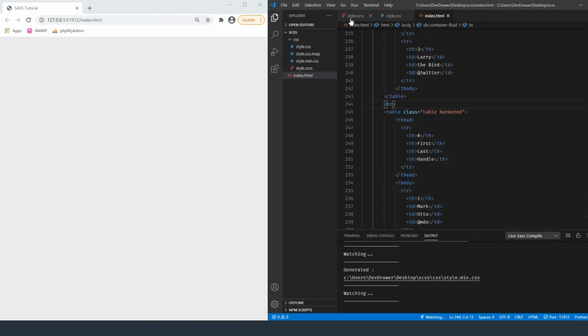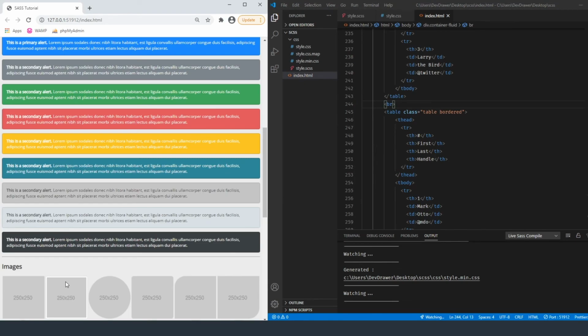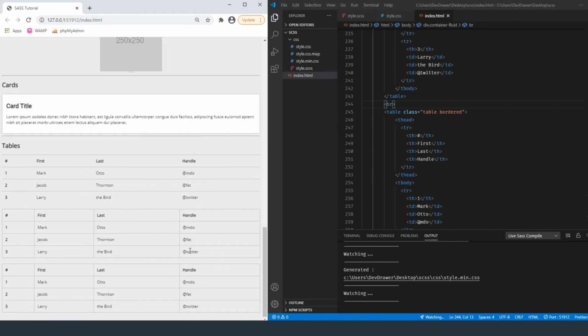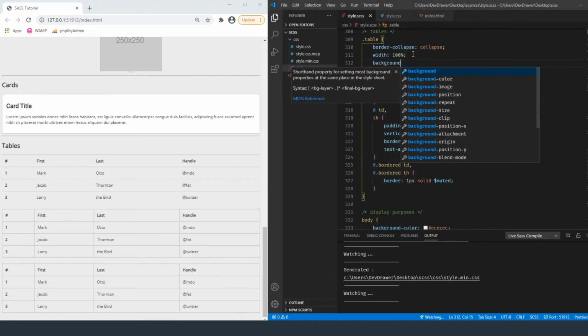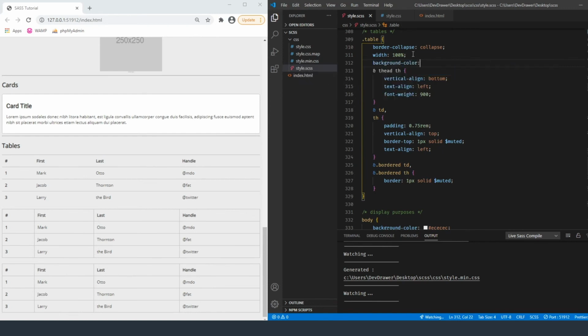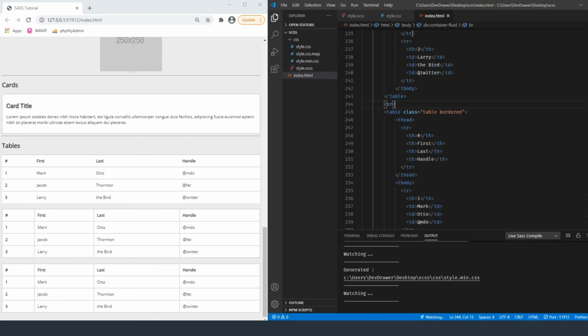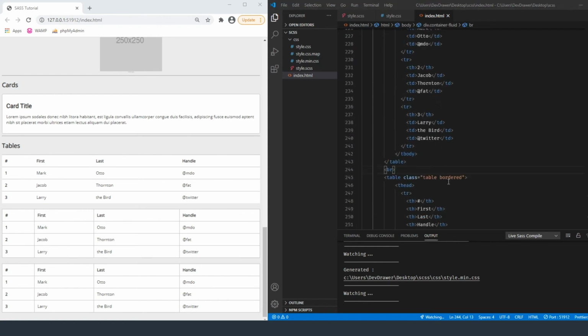We might actually want to, because right now we don't have a dark background, so it makes it where they blend in. So let's come over to our styles, and we're going to put a background color of white. There we go. All right, so that looks a little bit better. Okay. All right, so go back into our index.html, and for this table bordered that we just